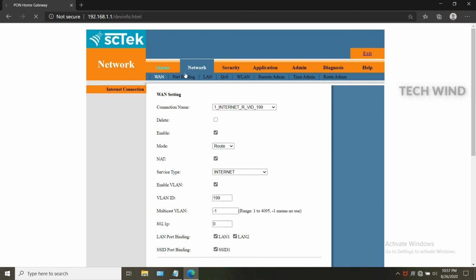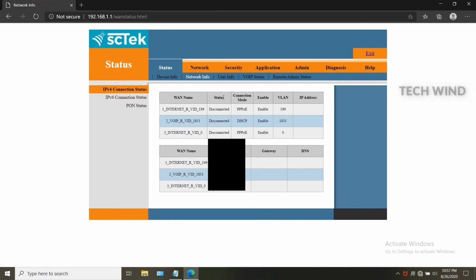As I didn't delete the BSNL WAN while explaining about Railwire, in the status page 3 WAN connections are there, don't mind that. Follow the instructions within the video, and you can configure your modem cleanly.